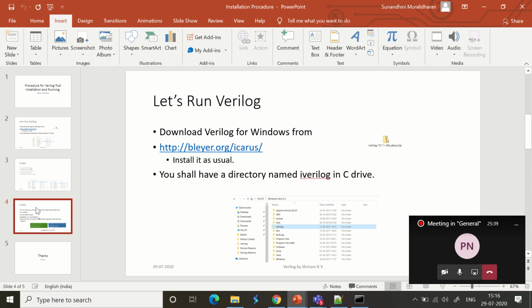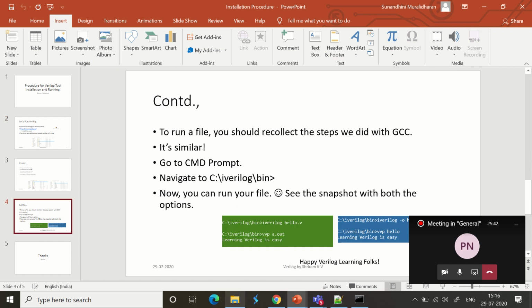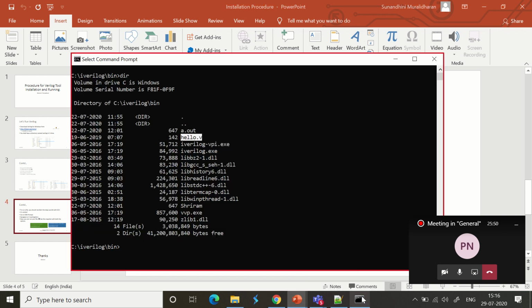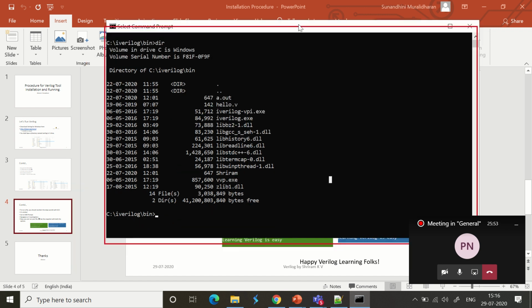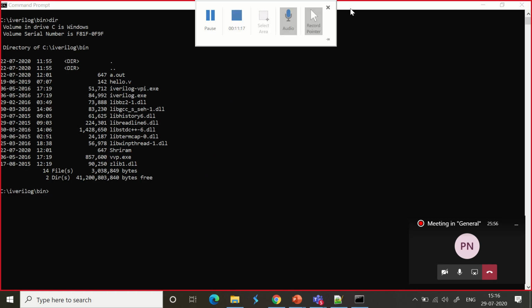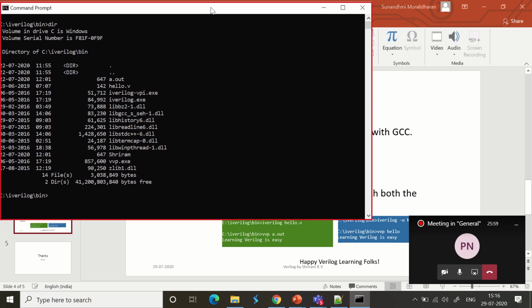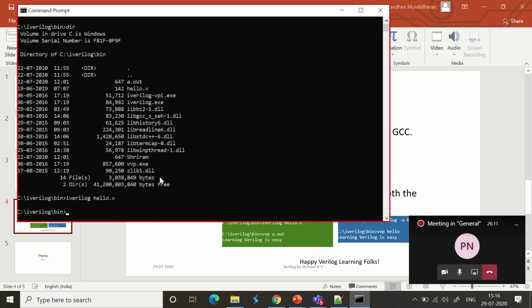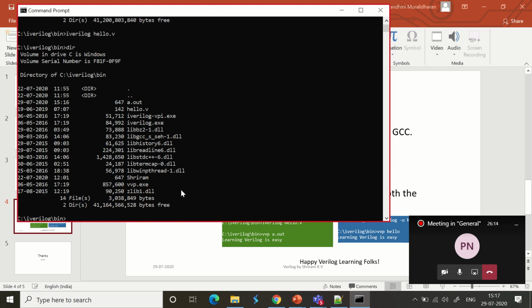So there are two ways that you can compile. What is the procedure that we normally use to compile in GCC or G++ or whatever we use with GNU? How do we do it? Very simple. We go ahead with gcc and the file name, right? The same is the case I'm going to use here. Instead of gcc, I'll type the command iverilog hello.v. That's all. The file is compiled right now. iverilog hello.v is done, and it must have generated an executable file by name a.out. You can see that here it is generated as a.out, which is nothing but the final executable file.